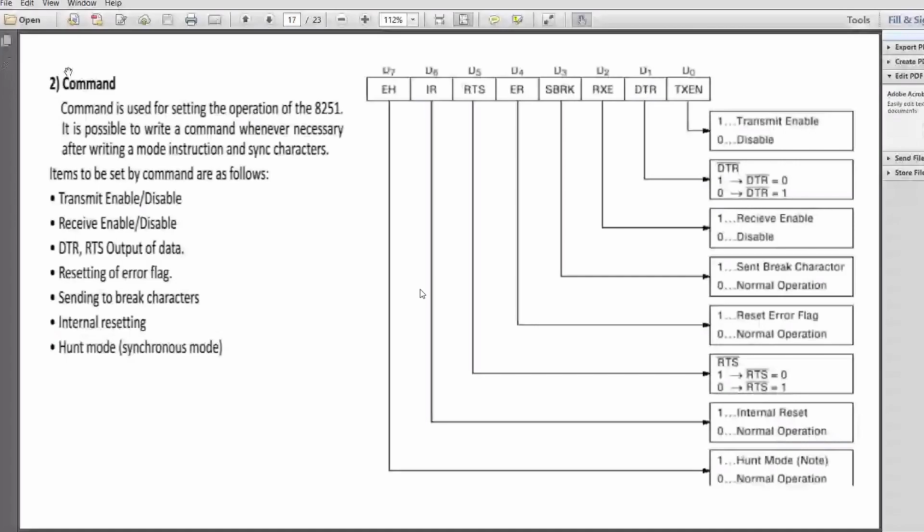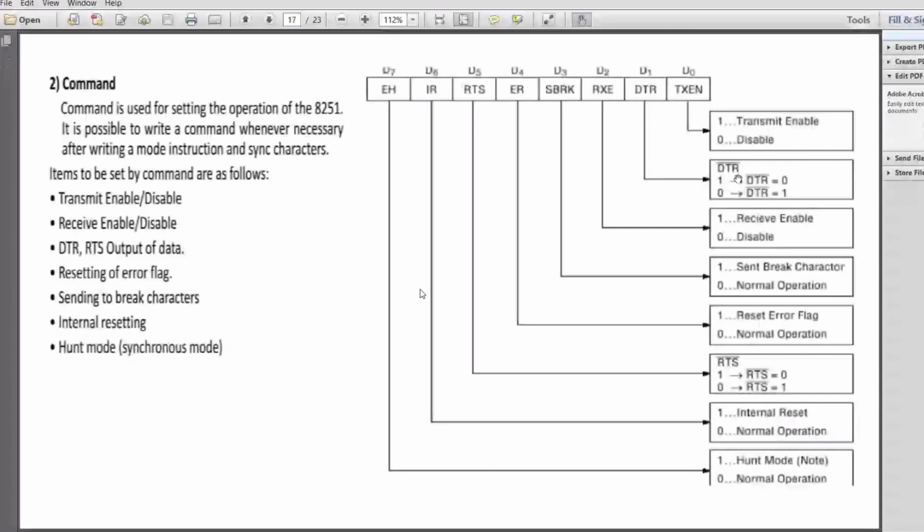Transmitter enable is this one. Then data terminal ready. This will be done whenever DTR is 0. A 1 here will make the DTR line of our 8251 be 0. That is the meaning of it. So you write a command word and make the DTR line 0.